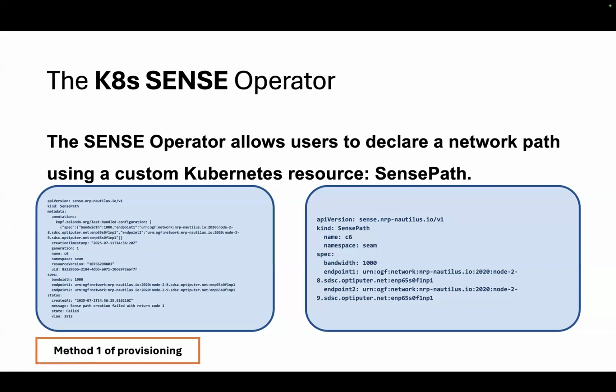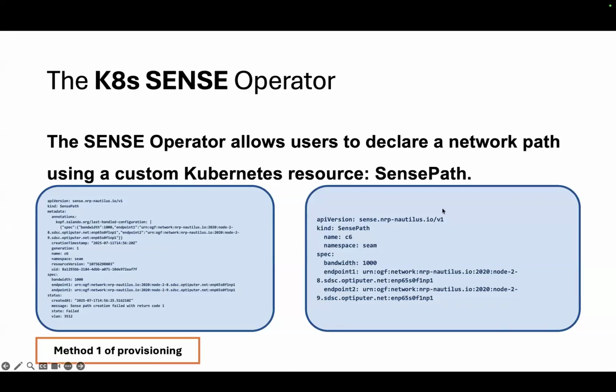The fourth parameter that you can pass is the VLAN. When you pass it, you can set the specific VLAN tag that you want to use for your path. But it is optional because there is a value, any, that you can pass to the orchestrator. At that point, it automatically sets a VLAN tag that is available.